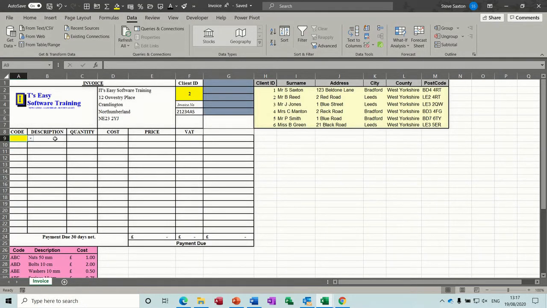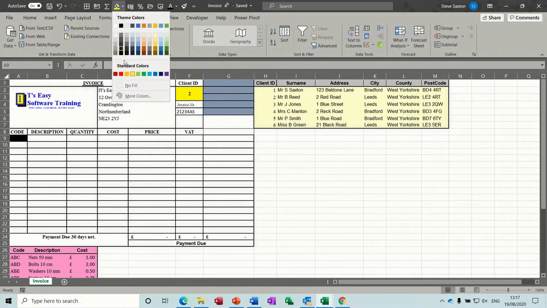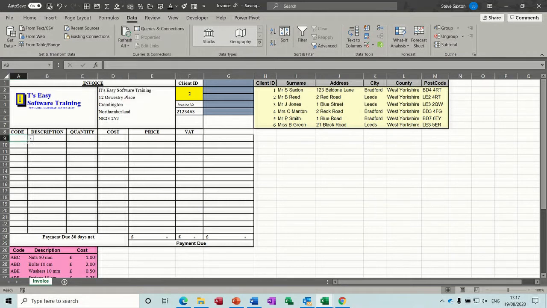So now I need to do a Vlookup. This is going to look up whatever comes in there. In fact, I need to pull this down. Before I pull that down, I'm taking that color off because I don't want it all to be yellow. So I'll pull that down for the whole invoice, and then I will recolor that one yellow. So there's my codes. So then the lookup is going to be equals Vlookup,